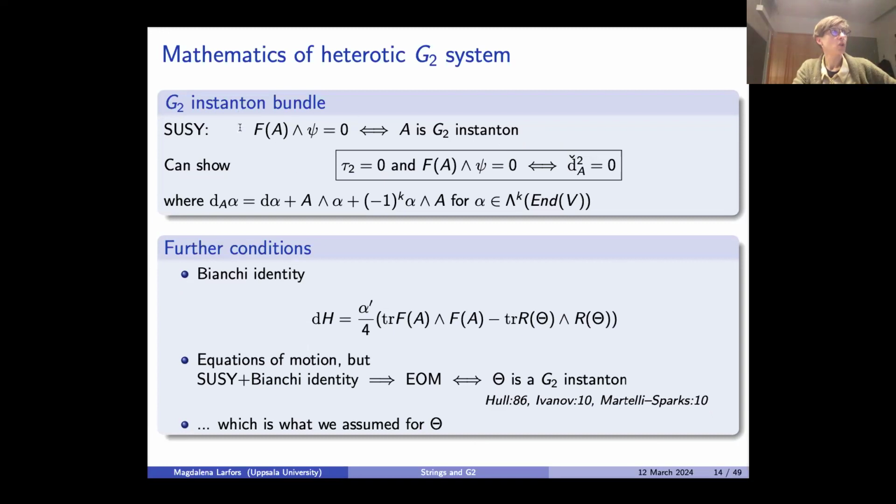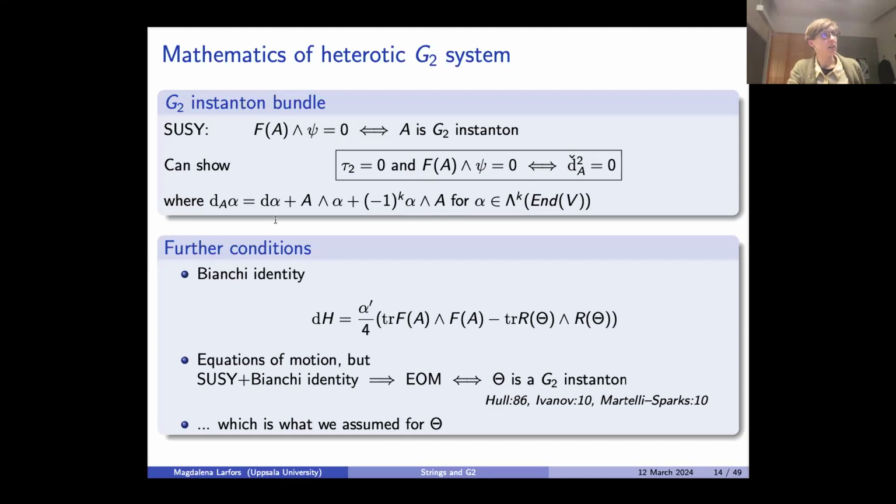So this constraint that the curvature of the connection should wedge to 0 with psi, together with the vanishing of Tor2, is equivalent to the nilpotency of a gauge connection differential d_A check, which is defined very much in the same way